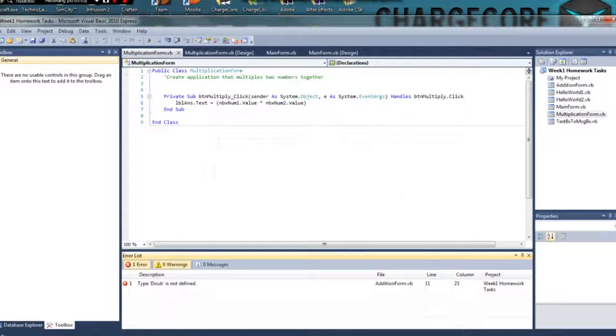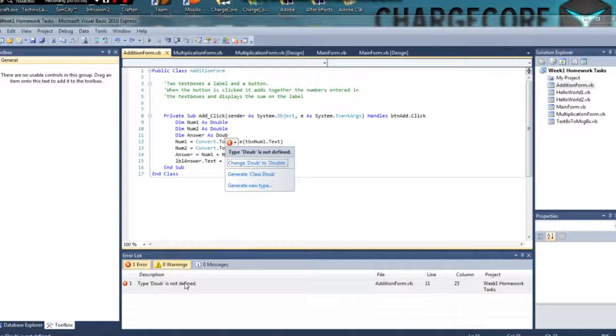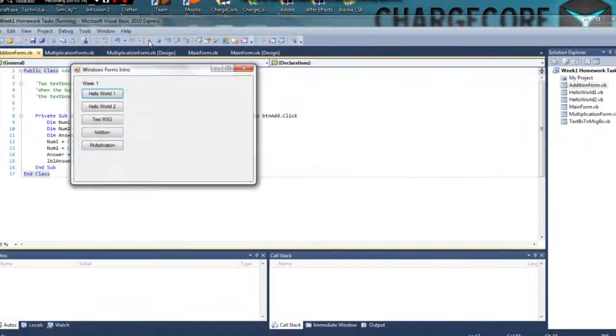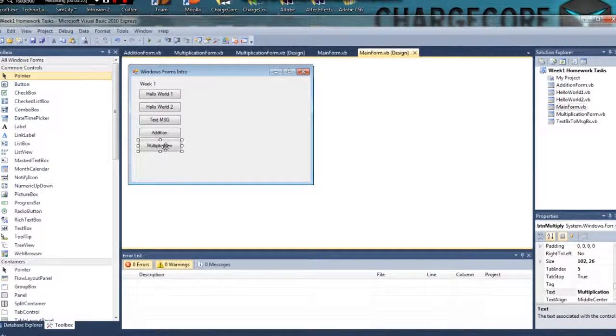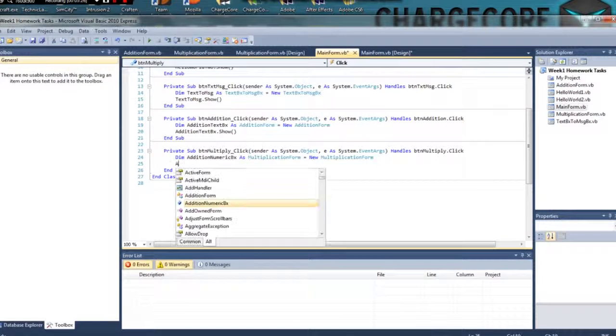So build errors. That's interesting. Type double is not defined. Oh, that's from the previous time. I must have deleted it. Okay, multiplication. That's not doing anything for some reason. Let's check here. Ah, we haven't put the show thing in, so